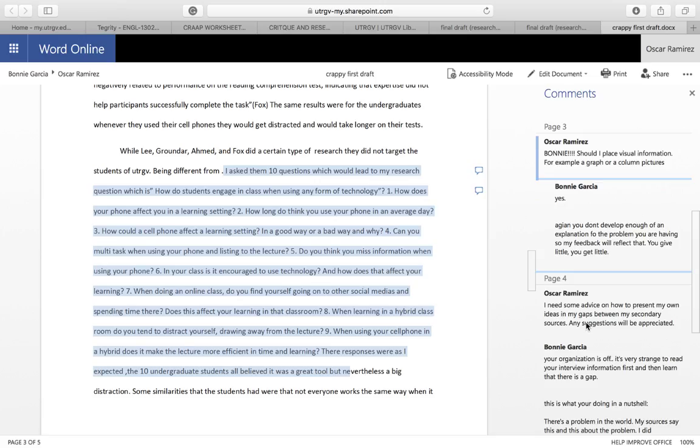Now, the way I would apply it in the future, well, I would ask specific questions about my research and critique. Since I am an English major, again, I'll just state that I'm an English major, I have to be able to ask specific questions to what are my needs when it comes to my writing. If it be an introduction, if it be a title, if it be anything.